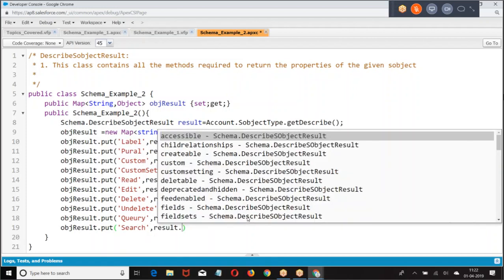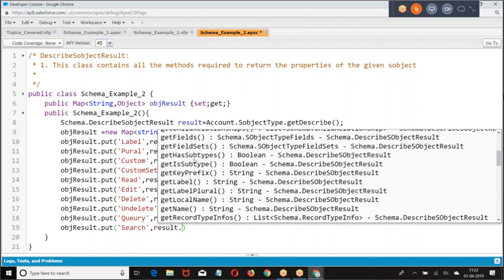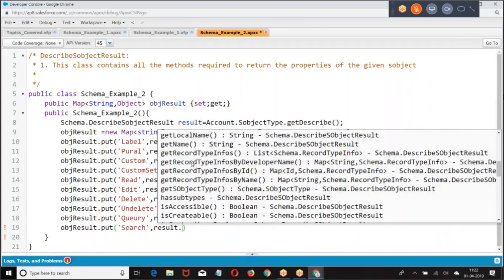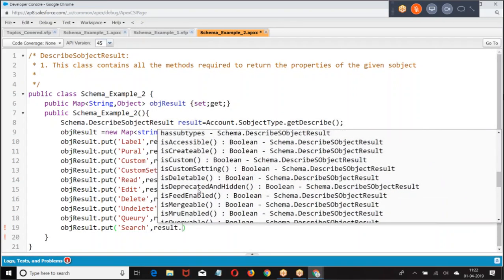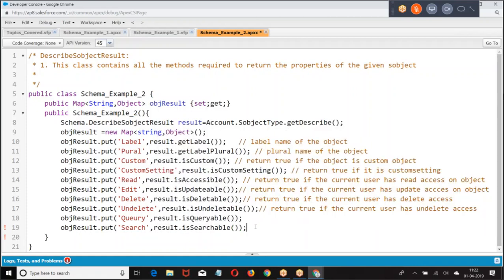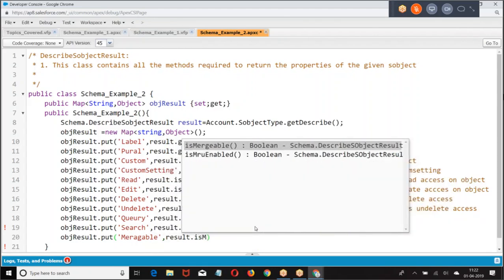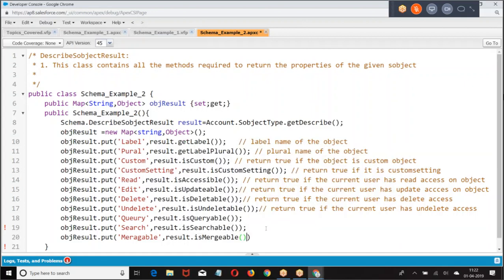Queryable I have done, searchable. Mergeable is most recently enabled.